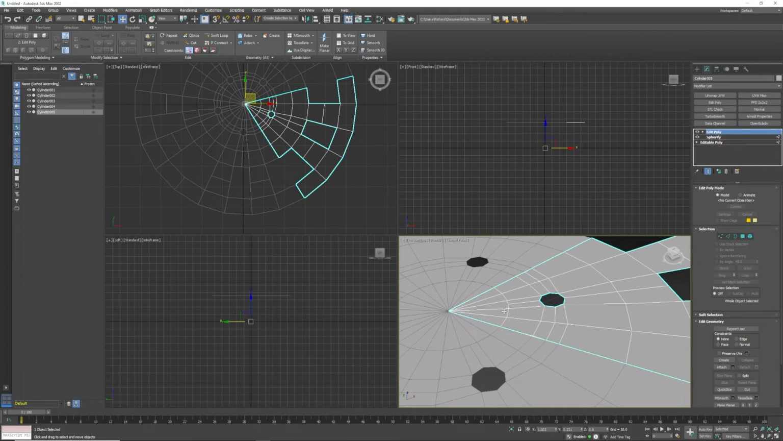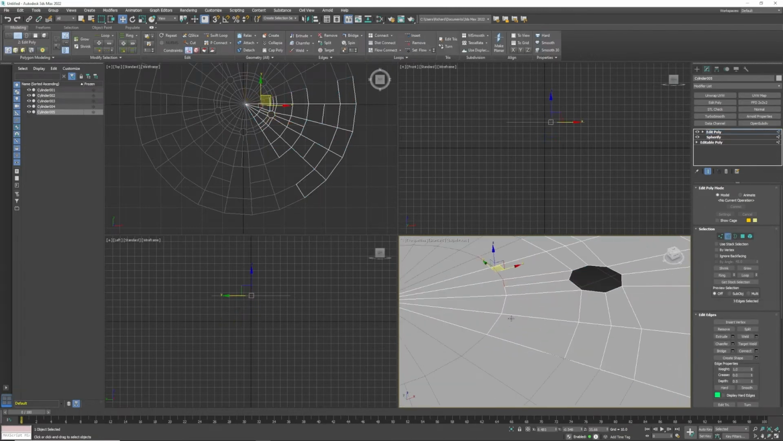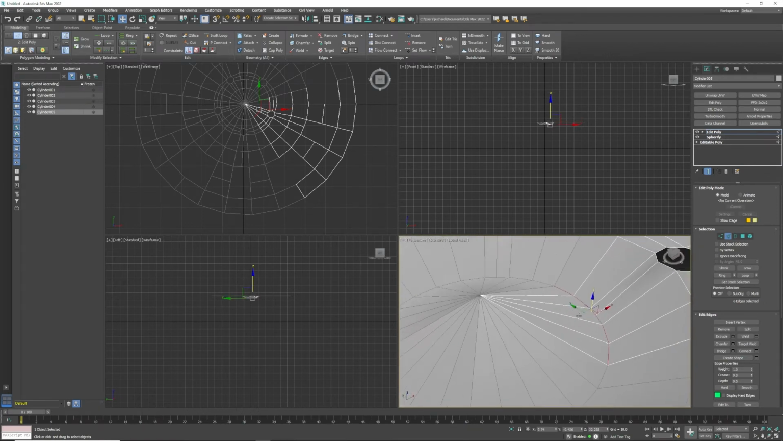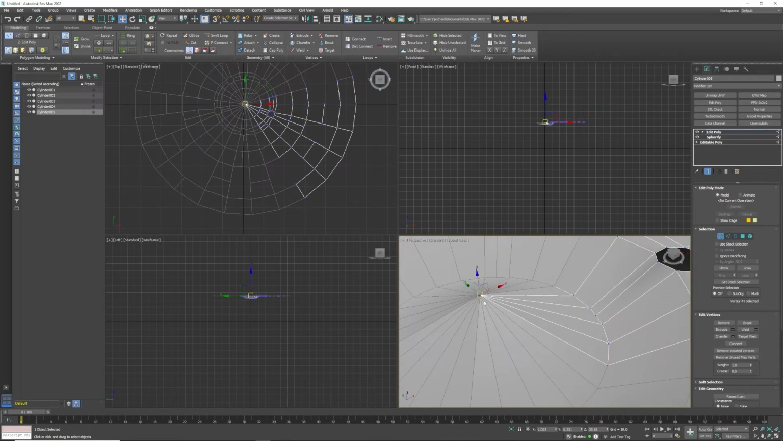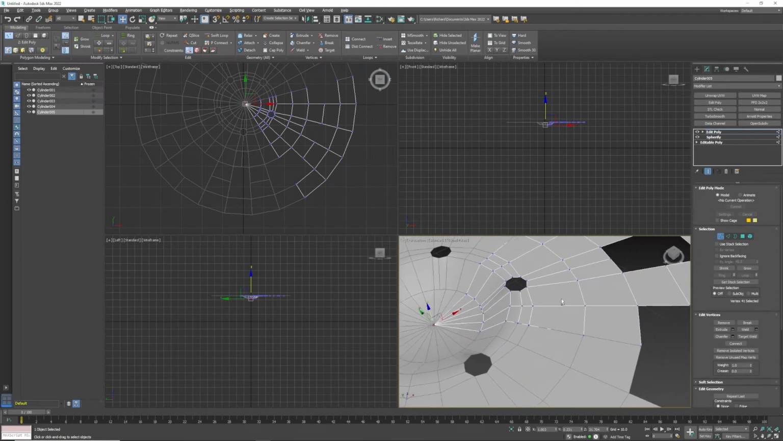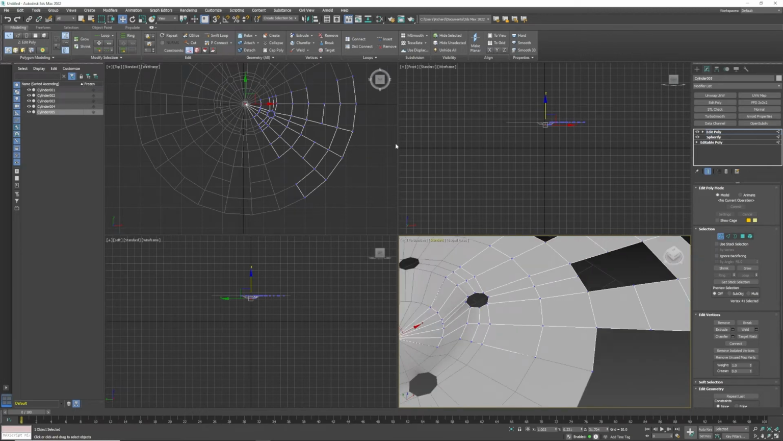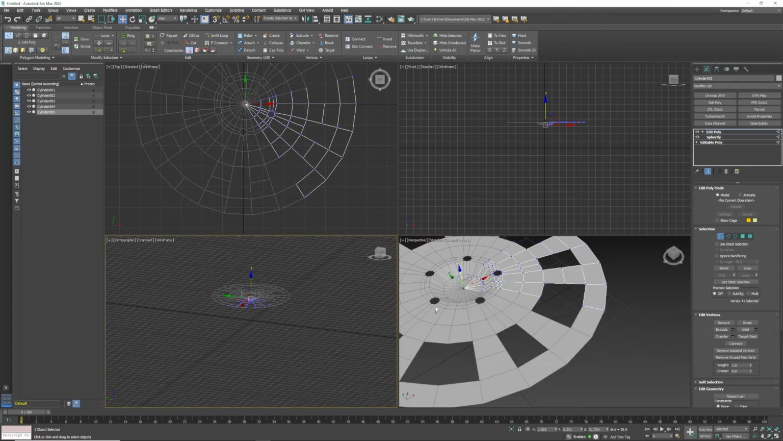So in this case, I'm going to just do some quick modeling. Grab this and grab that. I'm going to move that all the way down like so. I'm going to grab this vertice. I don't need that, so I'm going to move that here. We're going to add in